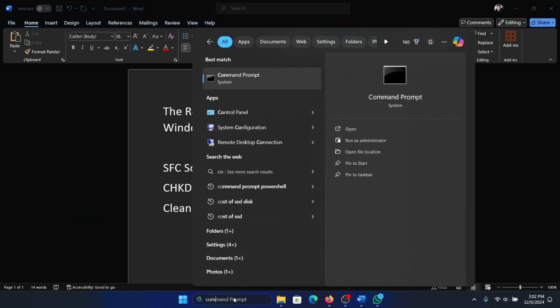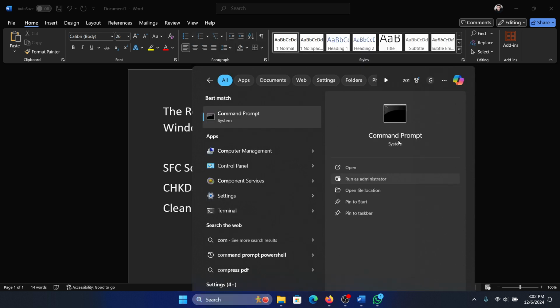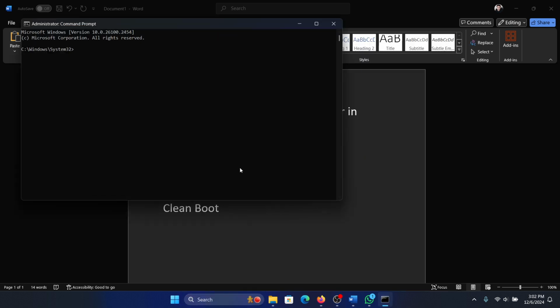Search for command prompt in the Windows search bar and click on Run as Administrator in the right pane. Type the command sfc /scannow and hit enter to invoke the SFC scan. It will need a while, but it will search for missing and corrupt files on the system and